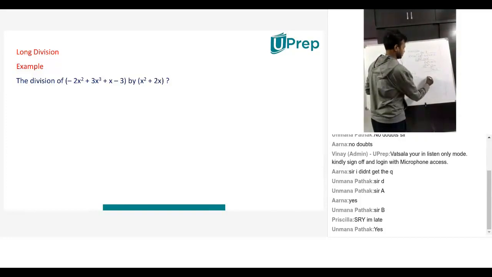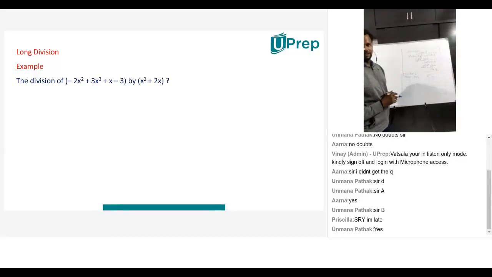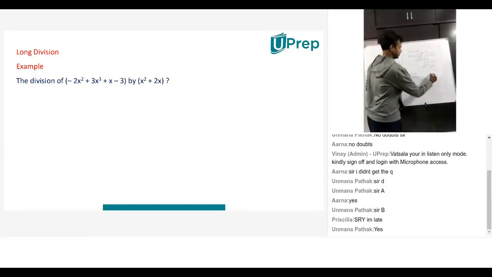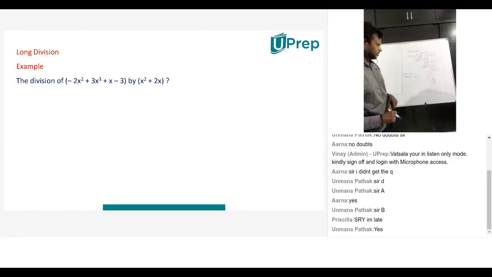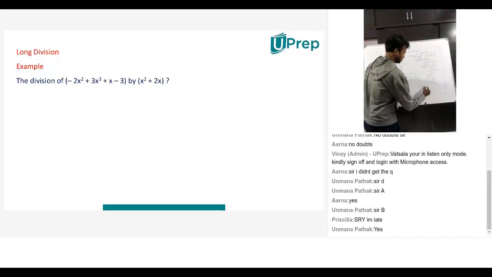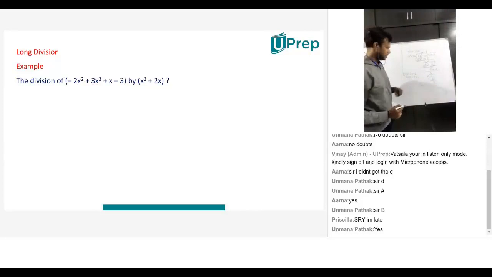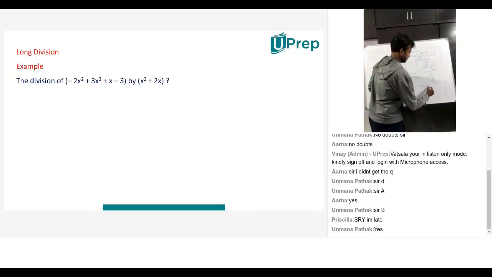Suppose I am dividing 41 by 7. Now how do I do division here, children? Can anybody tell me? 7 5s are 35 and the remainder is 6. So now, for your information, I will write 41, which is my dividend, as 7 into 5 plus 6.